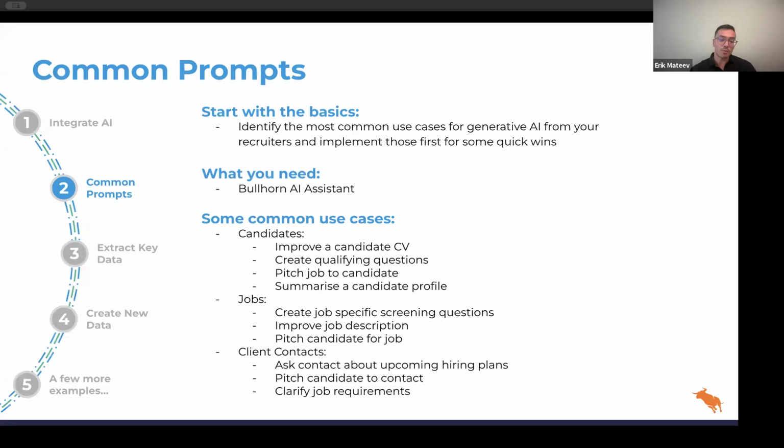From a job perspective, it was a similar thing. Most of the use cases were focused on enriching the records by improving the quality of data or creating new data points to help the recruiter be faster at screening candidates or progressing the right candidates through the process. From a business development engagement with clients, the focus was more on having prompts that can help us quickly generate content that we might want to send to our clients. So write me an email so I can ask a contact about upcoming hiring plans, or help me pitch that particular candidate to a contact